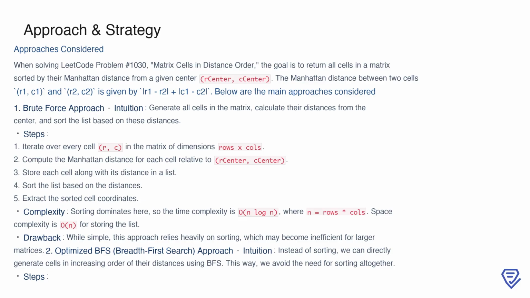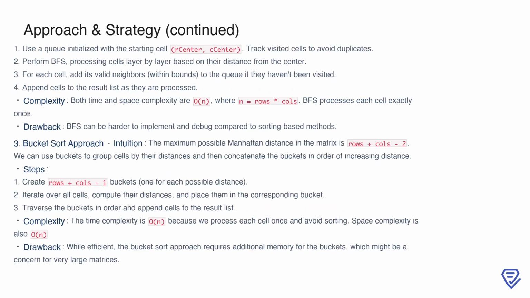By avoiding sorting, BFS reduces the time complexity to O(n). The third method considered is bucket sort, where we group cells based on their distances into buckets and then concatenate these buckets in order. This method also achieves O(n) time complexity but requires additional space for creating and managing the buckets. The BFS approach starts by initializing a queue with the center cell, (R center, C center), and marking it